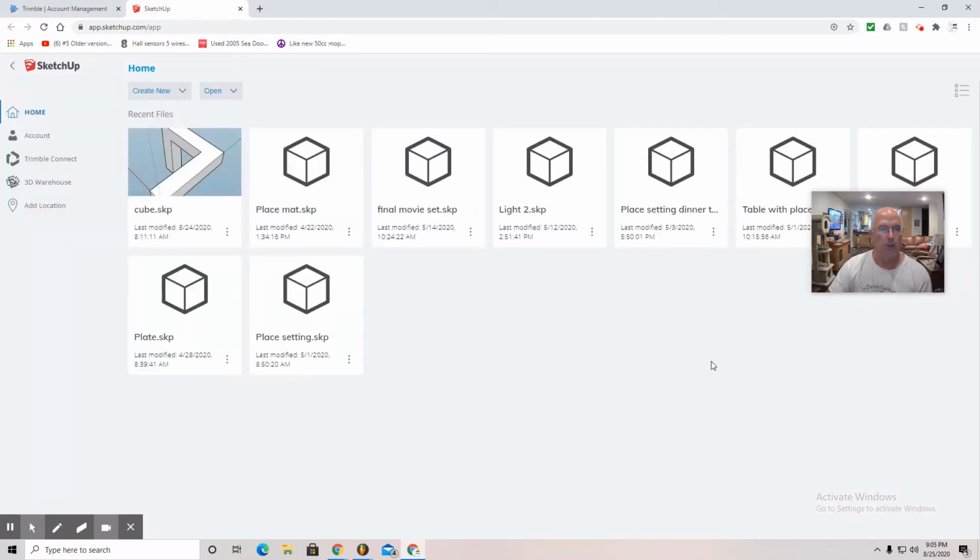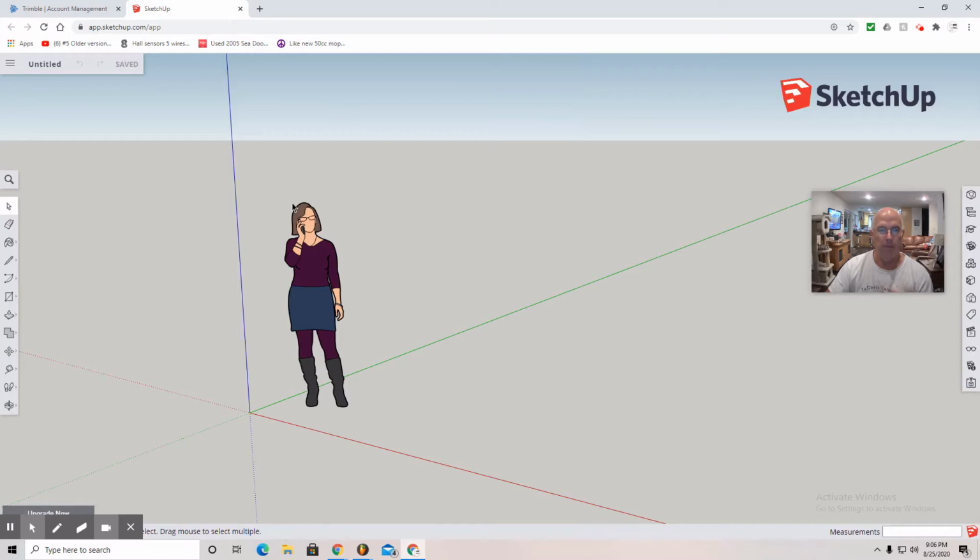So the first step, once you've gotten to this point, is the home page. You'll want to select Create New, Simple Template with Feet and Inches. Click. And you may be familiar with this scene. Move over to the right. There's a toolbar, and the second tool up is called Model Info. Select it